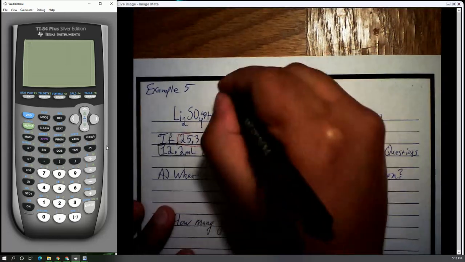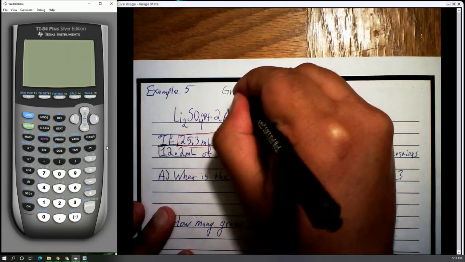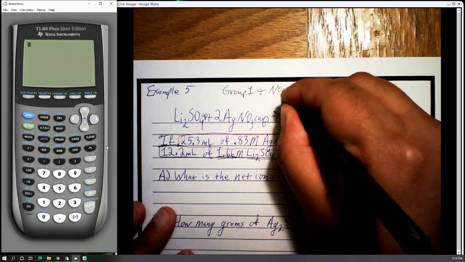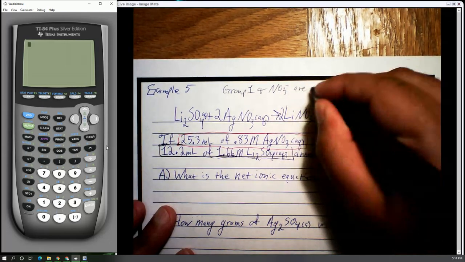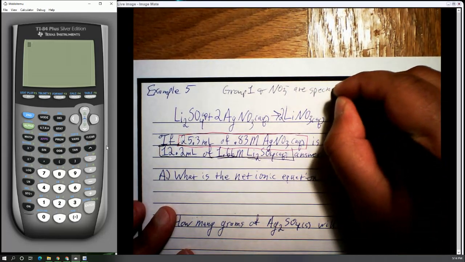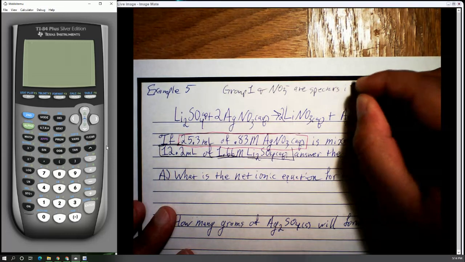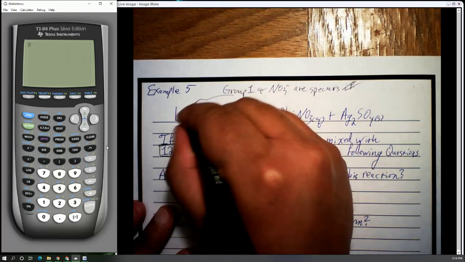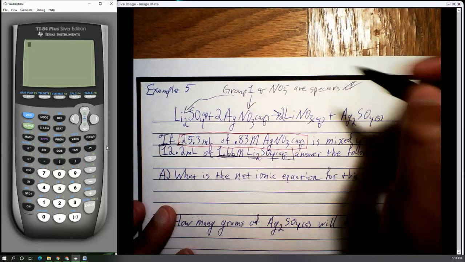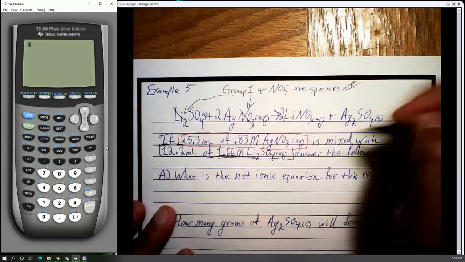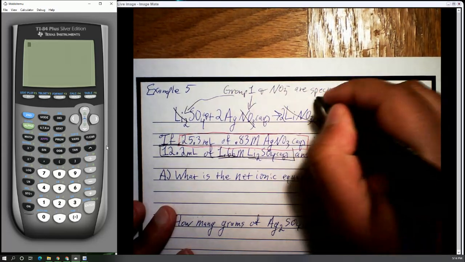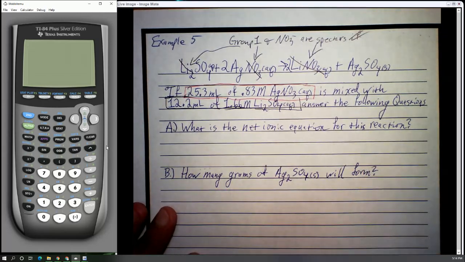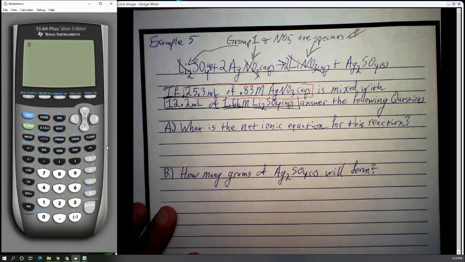So remember, group 1 and nitrates are spectators. So lithium's a spectator, nitrate's a spectator. If they start spectators, they end spectators. So the net ionic equation for this reaction would be,